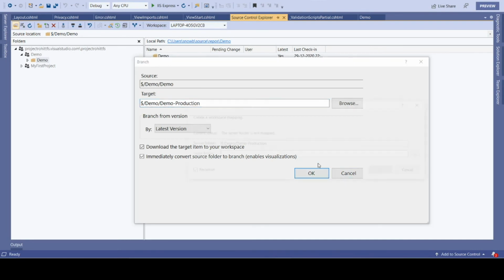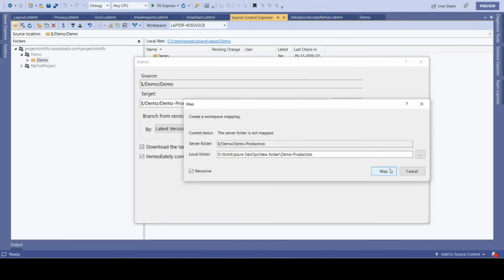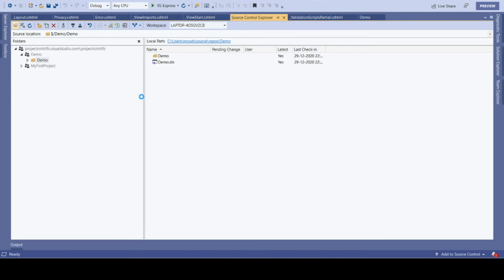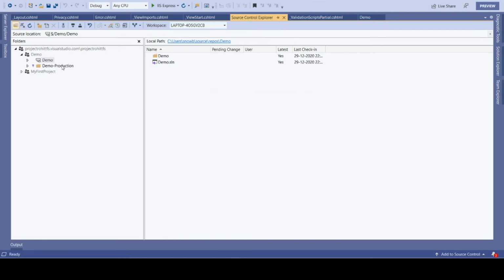Click OK, and it will ask me the folder under which I want to keep it. Let me create one folder here, demo, and let me map it. So this is mapped and a new project is created.